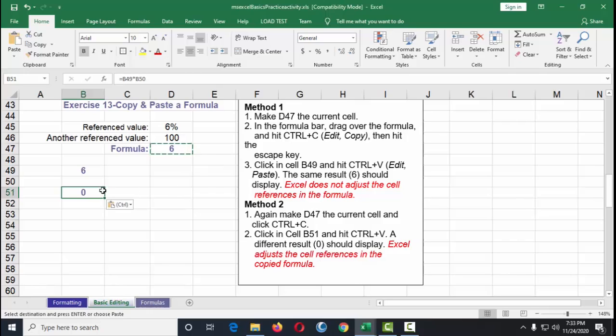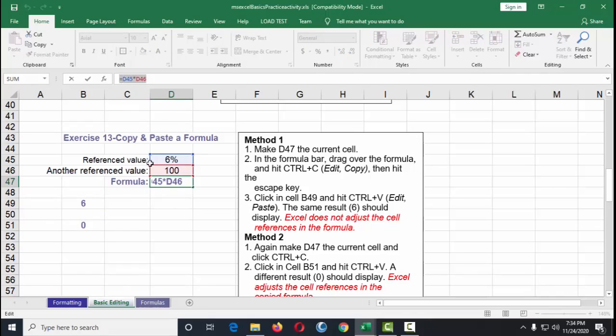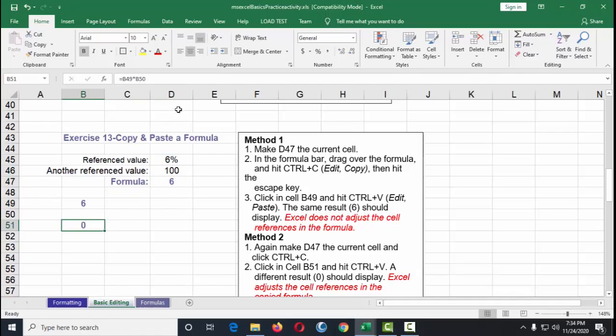For us to verify, you can double click. See what happened? Since we copied this directly, we did not copy it from the name box. We just copied it from here and pasted it here, so it copied the reference.